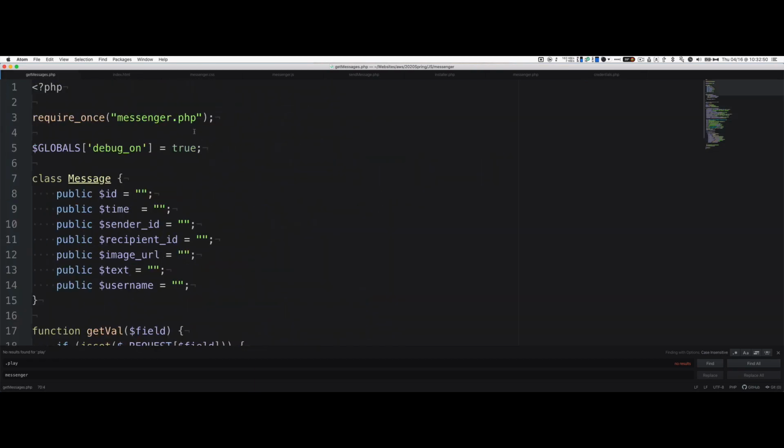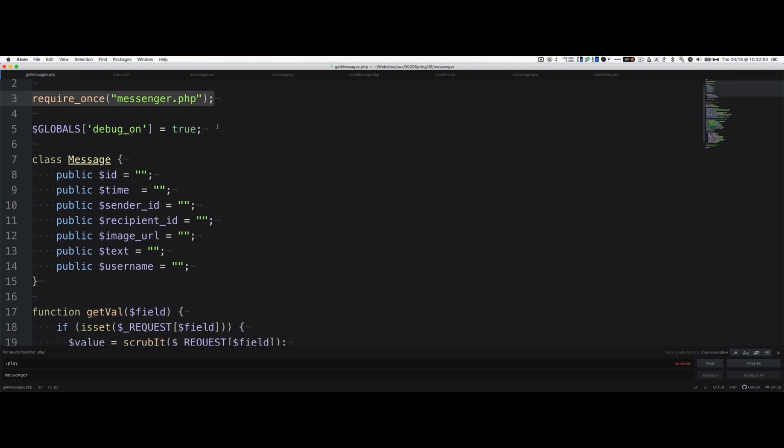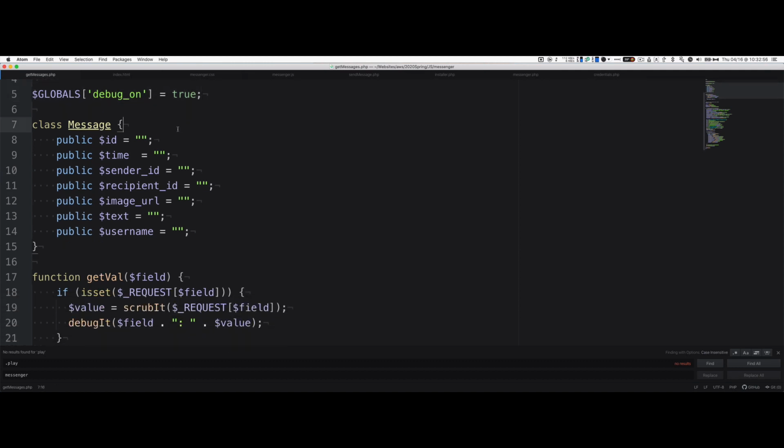So again, it relies on Messenger, which relies on credentials. Debug is on. Now because